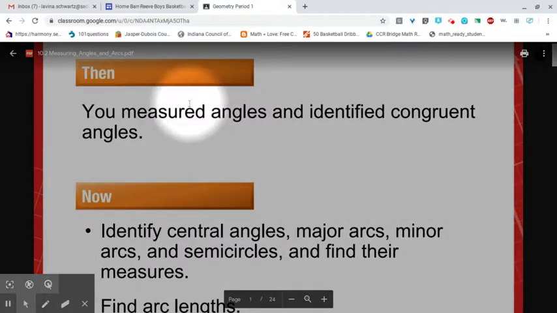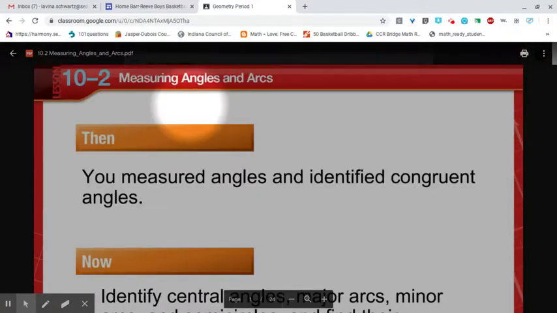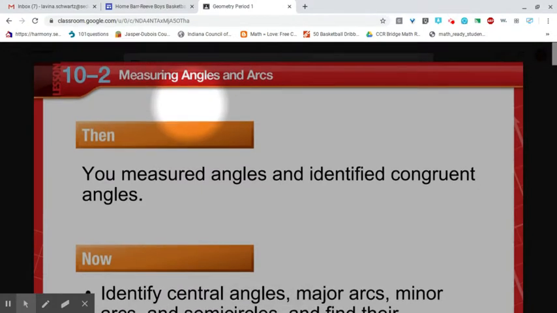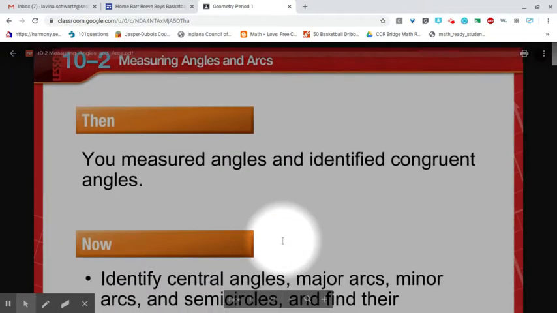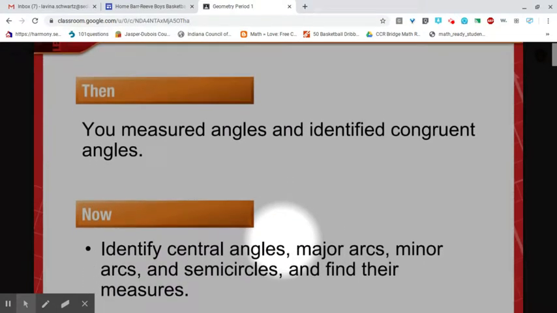Hello. We are going to go over 10-2 today, which is about measuring angles and arcs. You have measured angles before, but you have probably not measured arcs. There are a lot of similarities in these two. This is going to set the foundation for a few other sections, so I'd highly recommend that you take really